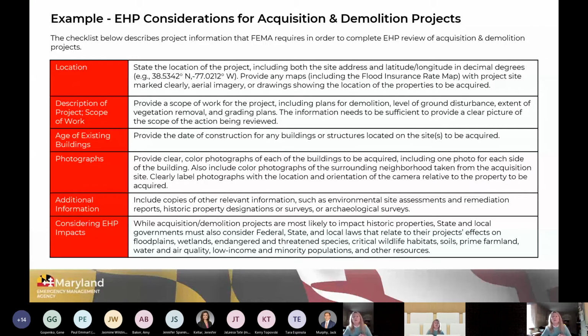Next, considerations for acquisition and demolition projects. This is also a fairly common project that we see. And again, most of this is something familiar to you. Where is it? What is the address? Maps,